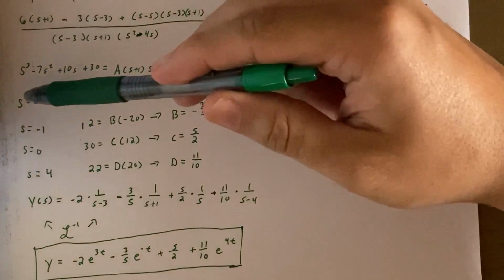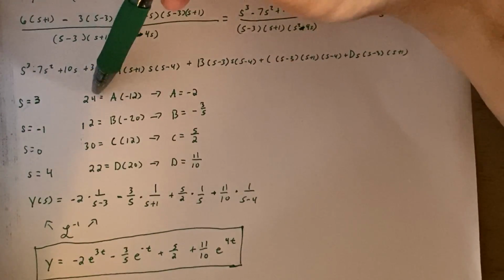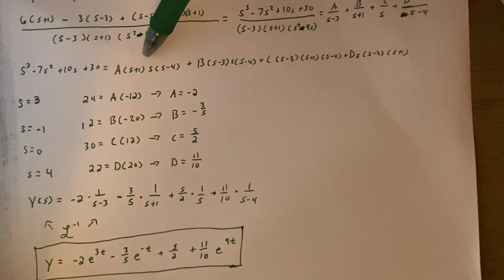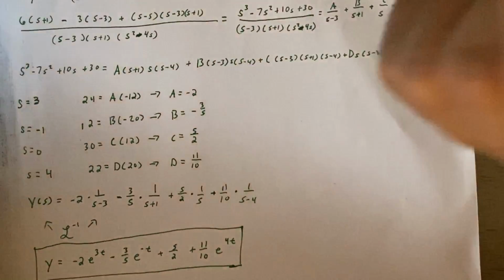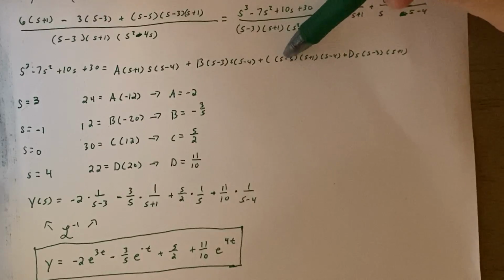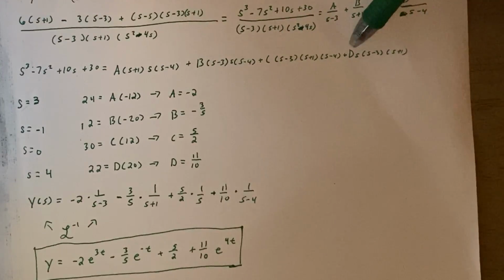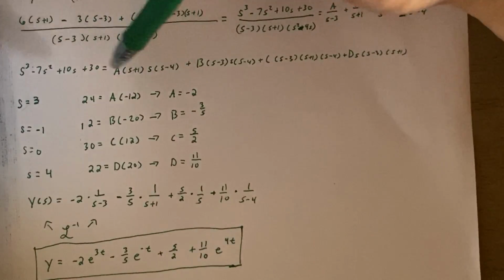So we're going to start off with s equals 3. Now, because s is equal to 3, I plug in the left-hand side for s equals 3, I get 24. When I plug it in for all these terms, I only really need to look at a. The reason why is because b has an s minus 3. If I plug in 3 for that, I get 0 here. Multiplication makes all of that 0. Same thing here for c, s minus 3 right here. So I plug in 3, I get 0. So the whole term with c goes to 0. And also the same thing with d, because d has an s minus 3 with it. So I get a 0 here. So the only part that needs to be evaluated is really this a, because the 3 is going to make